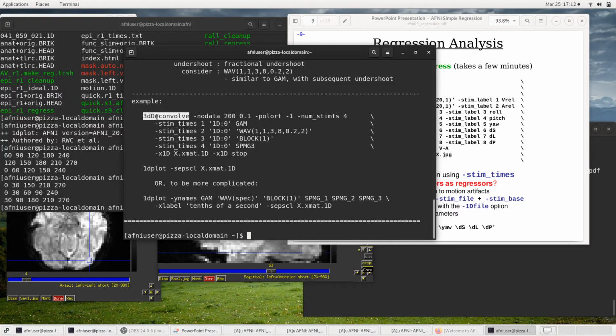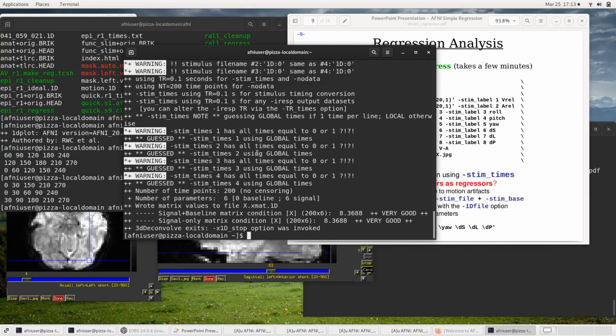And if you run this quick 3dDeconvolve command, you can say I have 200 time points at a TR of 0.1 seconds, so 20 seconds of time, and polort -1, so no polort. I just want to look at the shapes of these 4 curves. So I have, for each of these, an event at time 0, and I give the different model functions, and I want to just look at them. So if I run this, it produces an output